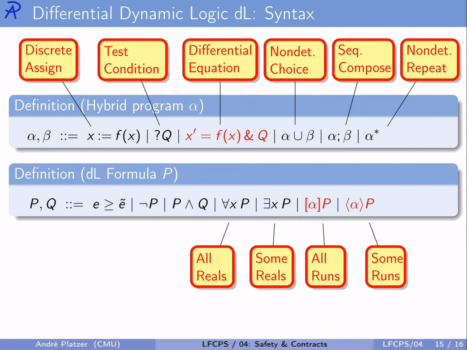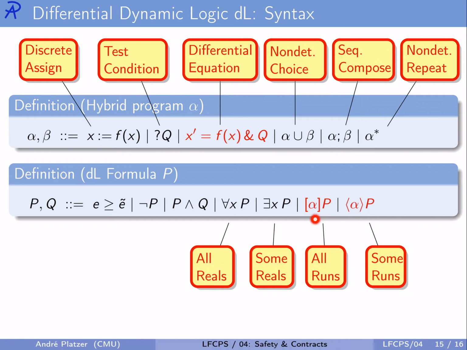Useful, for example, to talk about all positions or some velocity satisfying something. And most importantly, the modalities that connect the hybrid programs with the differential dynamic logic formulas. Because for every hybrid program alpha built recursively like so, and for every differential dynamic logic formula p built recursively like so, alpha box p and also alpha diamond p are new logical formulas, where alpha box p says